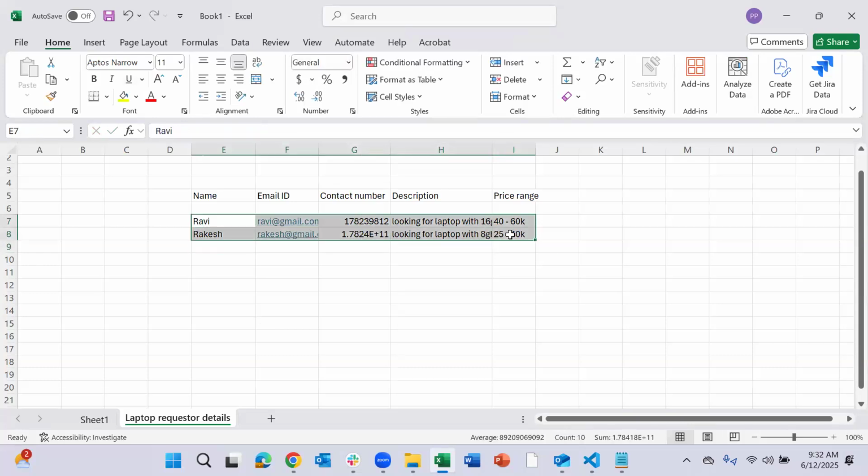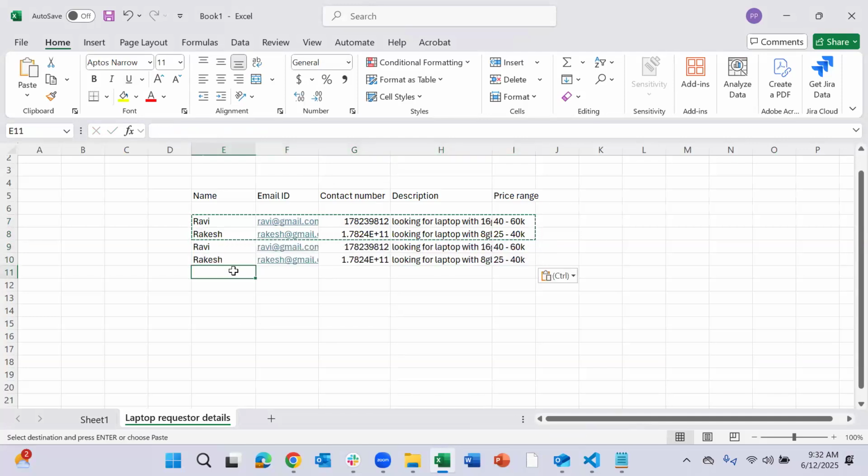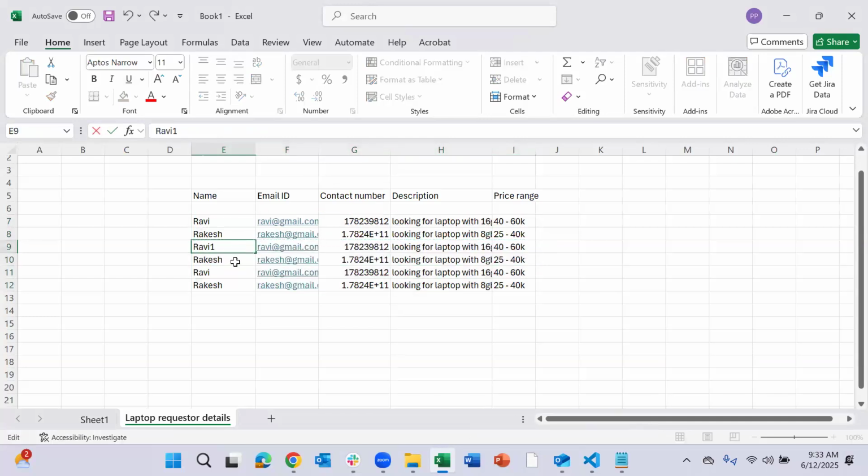Similarly, you may have another 10 people issuing it. So I'm just naming them Ravi 1, Rakesh 1, Ravi 2, Rakesh 2. These are the different people who have visited my website and submitted the request to know more about my different laptops or whatever it is.